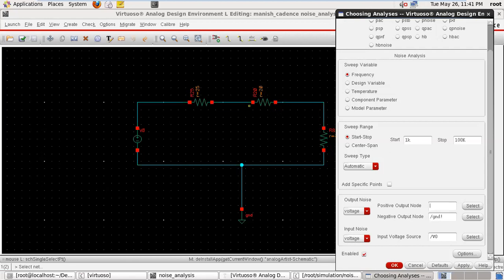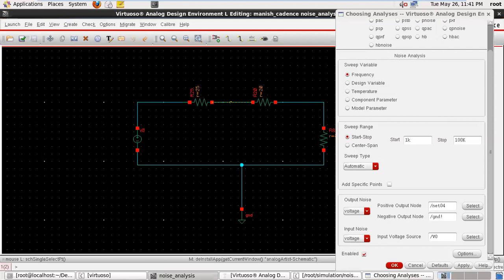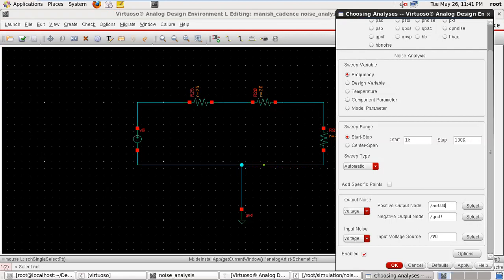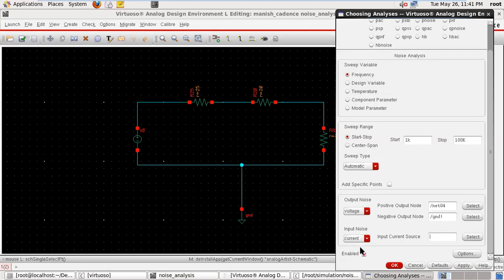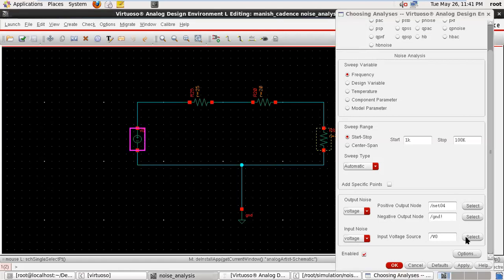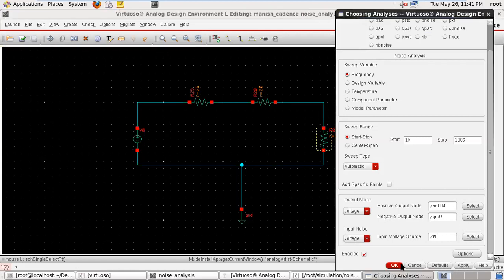Second, select the negative, so this is my ground. For the input you have current or voltage, but in the schematic we have taken the voltage. So select, apply, okay.